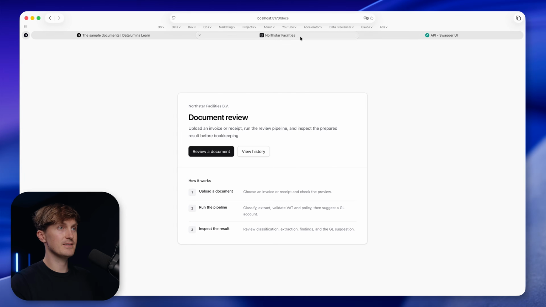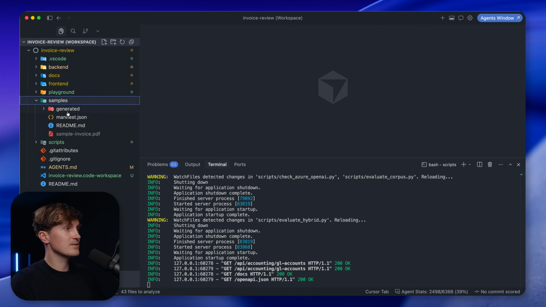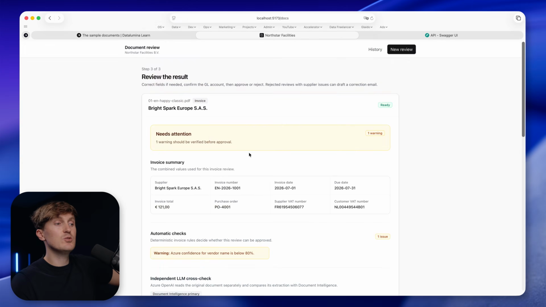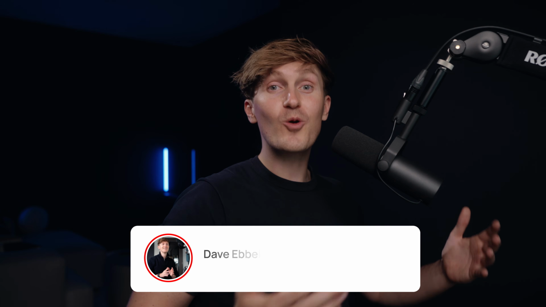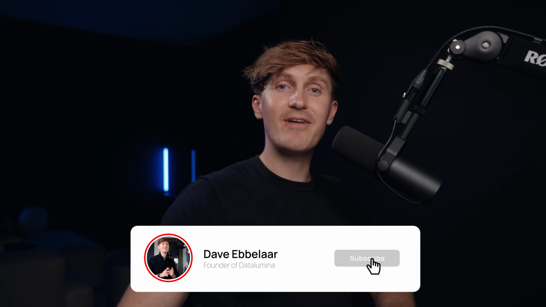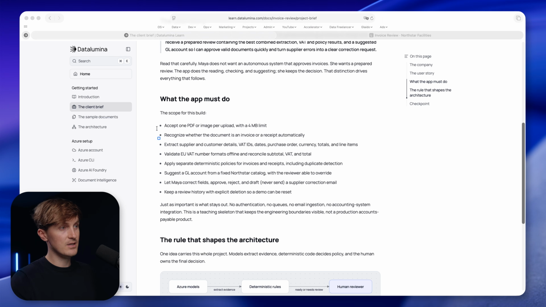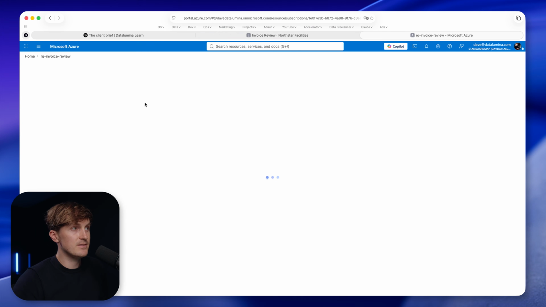All right, so this is going to be another big one. We're going to build an entire document review application. This is one of our most requested client builds because all companies have documents and need to review or process them. And I'm going to share everything. We're going to start from ideation to designing the backend, the front end, bringing everything together, and then even deploying